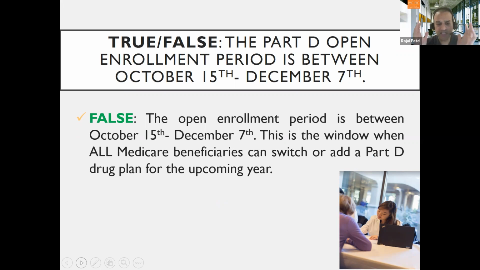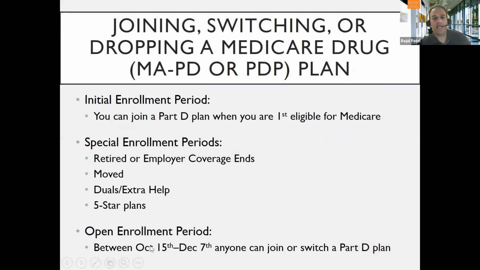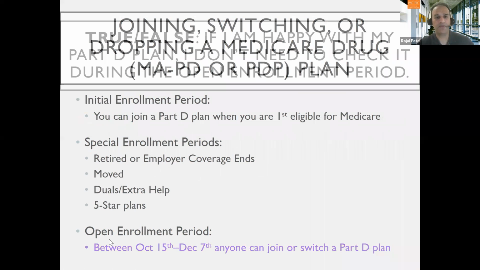Many of us think about going to the doctor for an annual checkup. I tell Medicare patients the same thing. You have to think about this as an annual checkup period for your drug plan, making sure that it's still going to be the plan that best suits your needs in the upcoming year. And here we are, open enrollment, October 15th to December 7th. There's a lot of different times that people who have Medicare can join a drug plan, but this window is available for anyone.